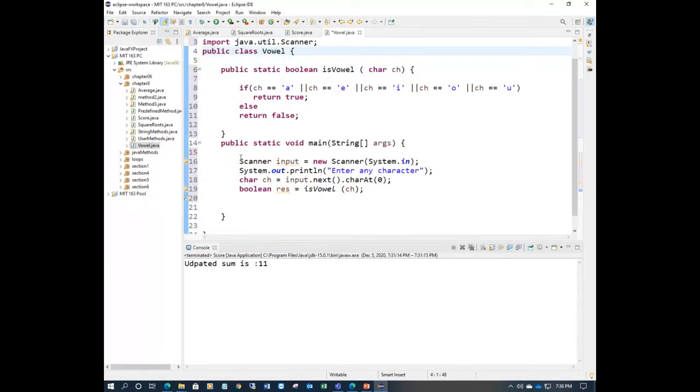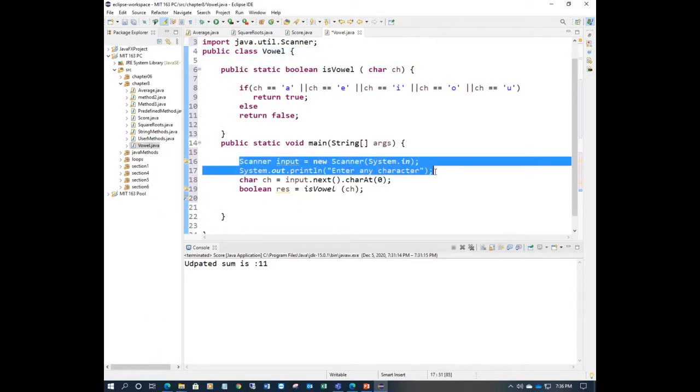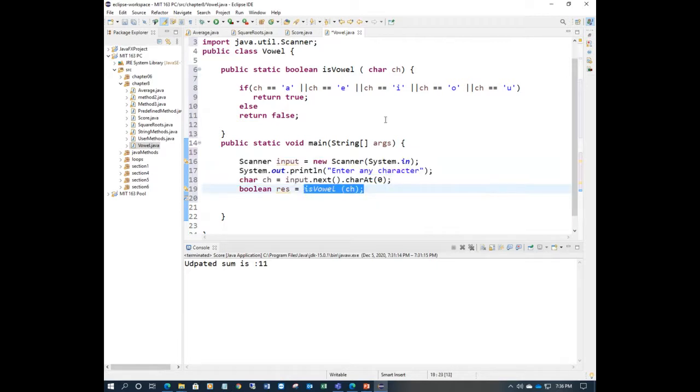So simply, I'm creating a method with a character here. I'm passing this character ch to isVowel. I'm calling this one. So whatever ch is copied here, no problem, right? If it is A or E or I or O or U, it returns true. Now it is returning true, stored in result because it is also boolean, right? So I'm checking if result,